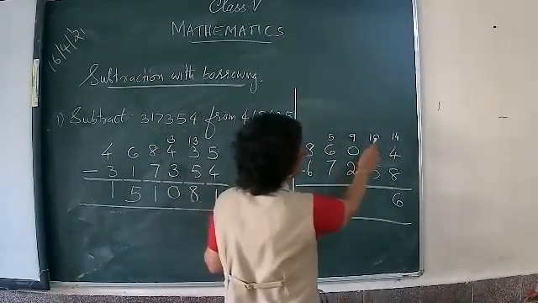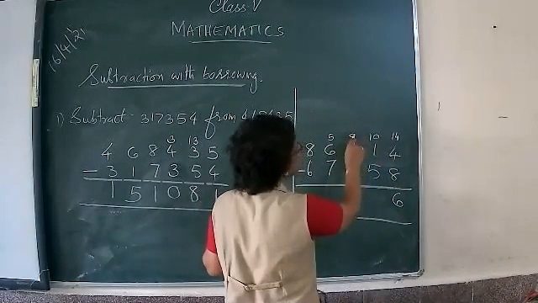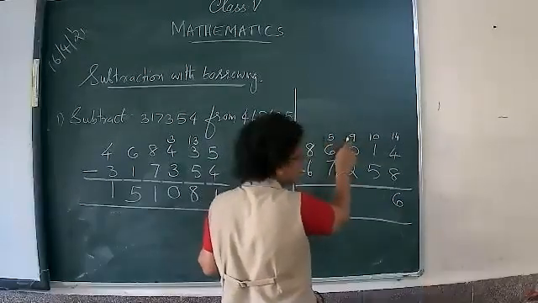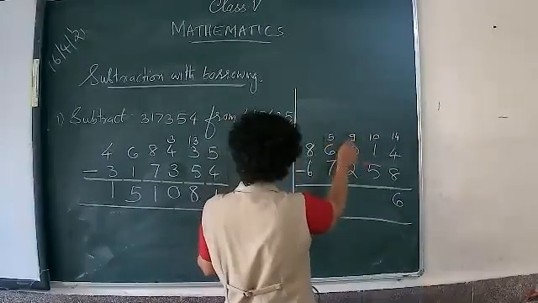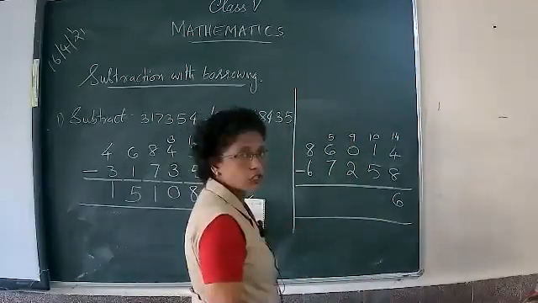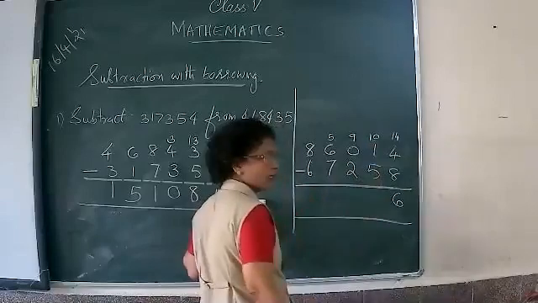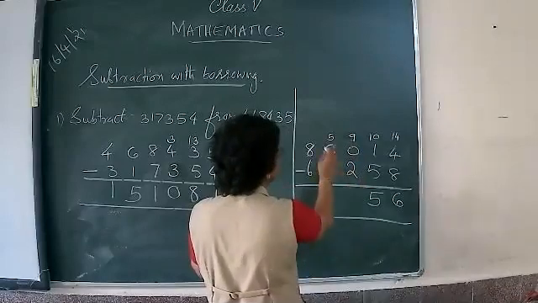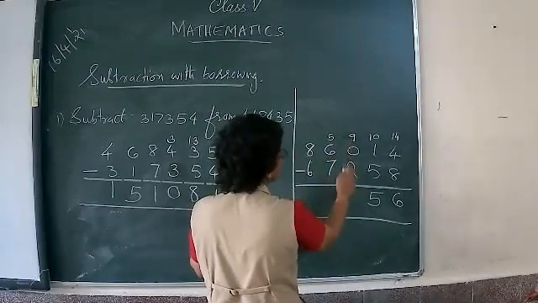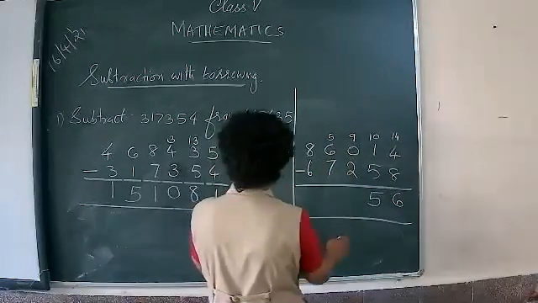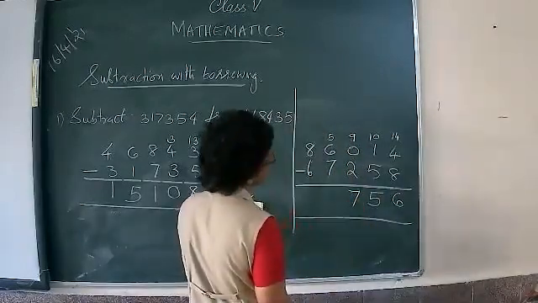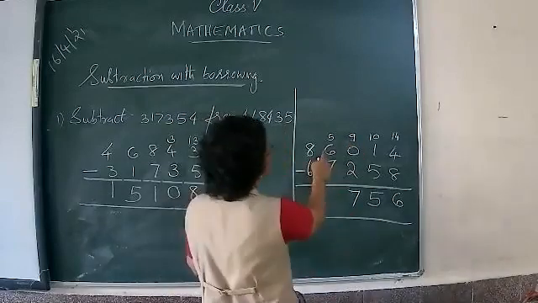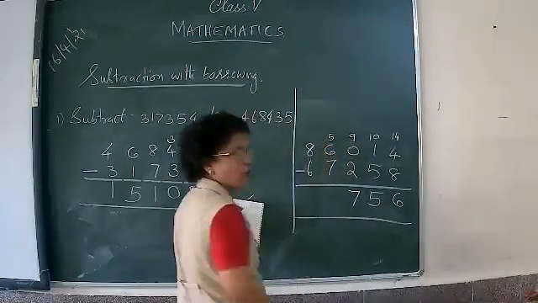Understood, children? Since it is 0 here, it is taking 1 from here and giving, and that number also is taking from here and giving. Since 10 is giving 1 here, it becomes 9 there. Now all of you understood? So 10 minus 5 is possible now. What is the answer there? 5. 9 minus 2 is possible here because 9 is bigger than 2 here. So answer is 7 here. Because 7 plus 2 is 9 there. Isn't it? Now since 6 has given 1 here, it is becoming 5 here.